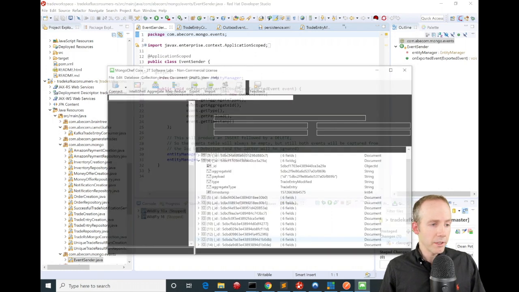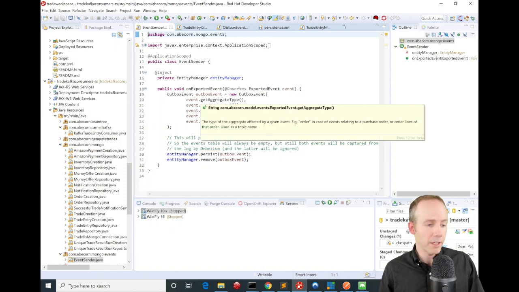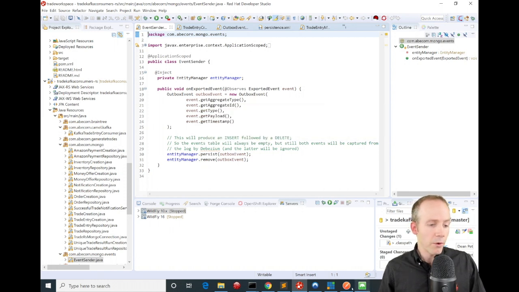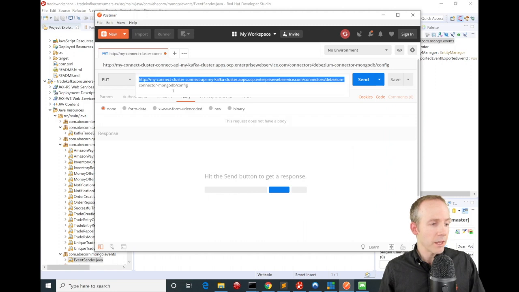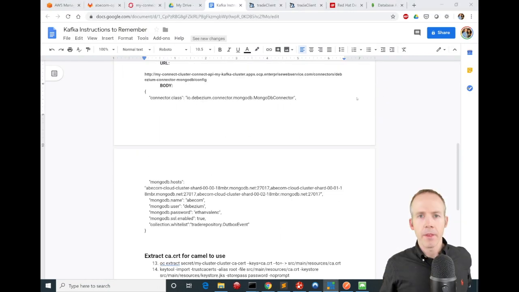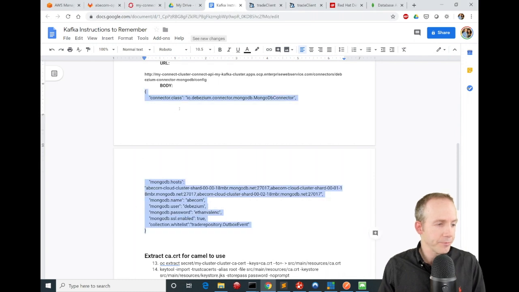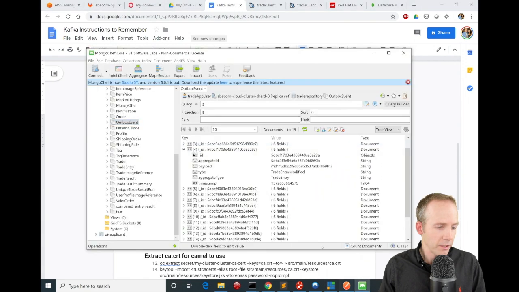Once that goes into the table, our change data capture component running in Kafka Connect S2I will see that and create a new message inside Kafka. And in order to set that up, we have to take our instructions. Don't worry, the passwords that you see here are no longer valid by the time you are watching this. I have already changed them. So if we copy this and put that into our Postman request,